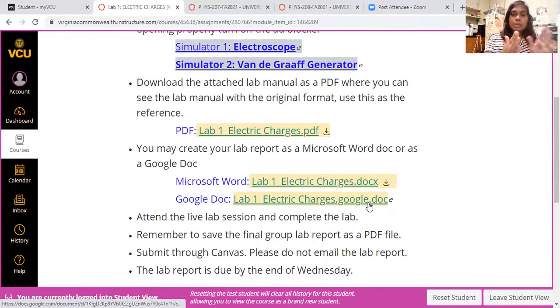What you're going to do is keep the PDF file as your reference. So when you see a missing picture or a missing description, you need to look at the PDF version, because Word or a Google Doc will adjust using your settings. So it might be messing up from my settings. You better keep the PDF version as your reference. It's really important. That's why I'm repeatedly mentioning it.